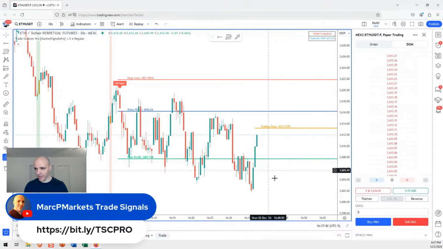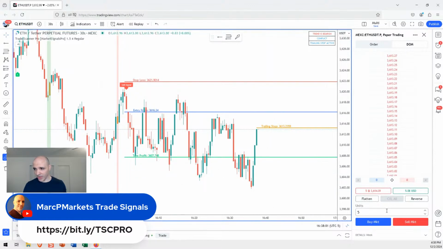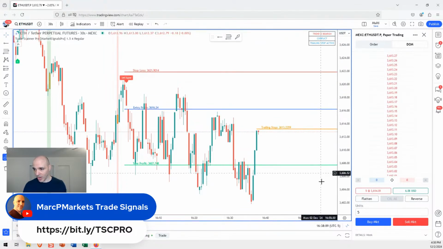We go back up to here. I could have taken whatever, but I tried to give it a chance. This is what's going to happen. All right, I think they're going to get me this time. Let's see. And if for some reason they don't tap the trailing stop, then I'll probably just take it at the profit objective if it can go back there. Here we are, we're right there. All it has to do is pop up a little tick and I'm out, right? Because the trailing stop will have done its job.